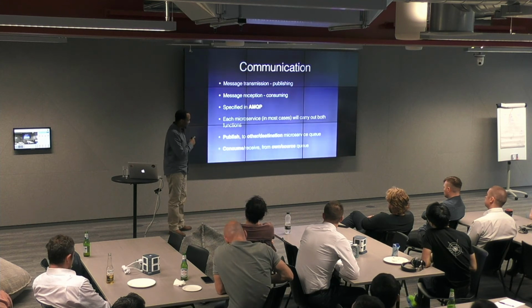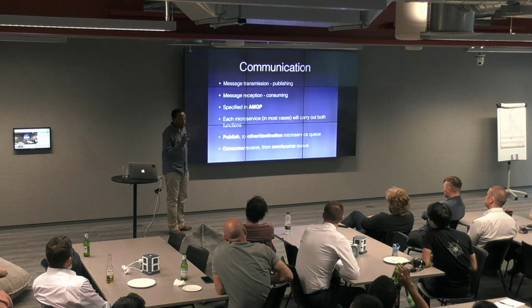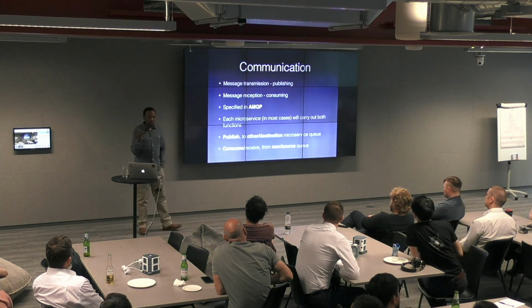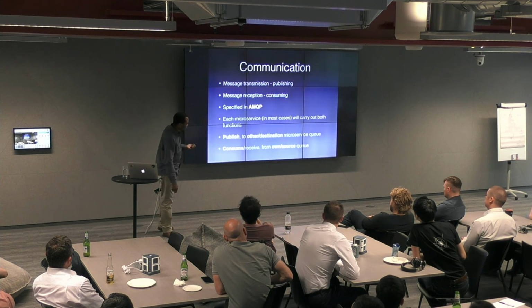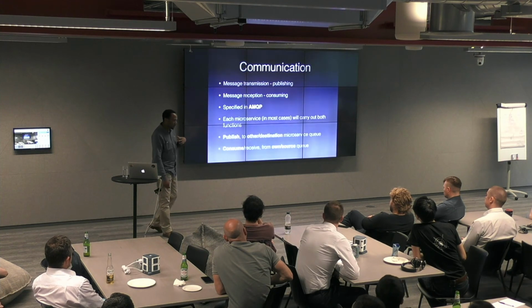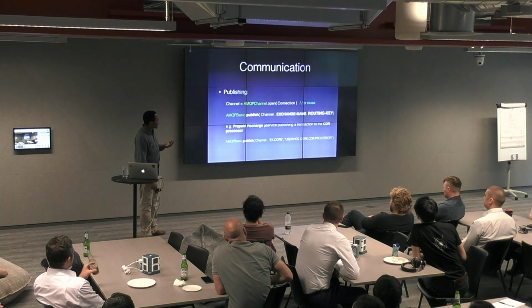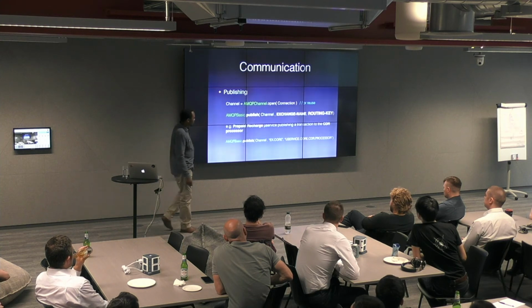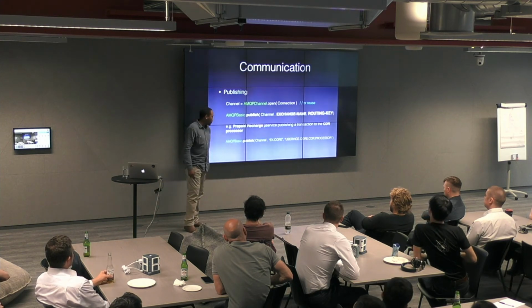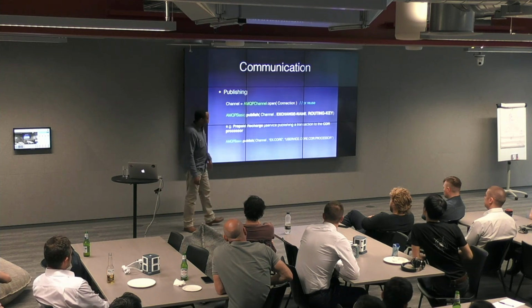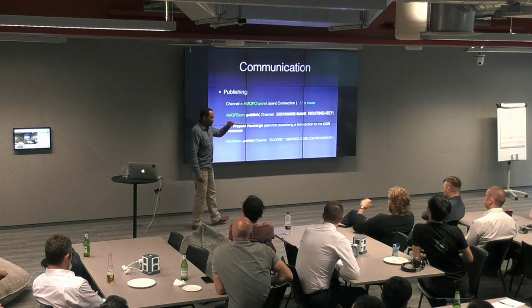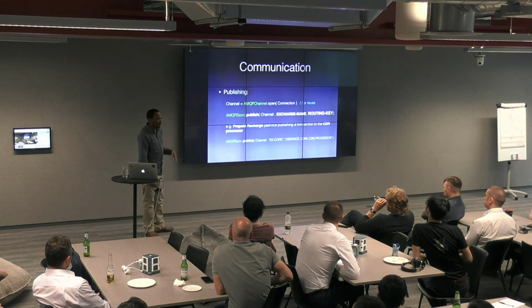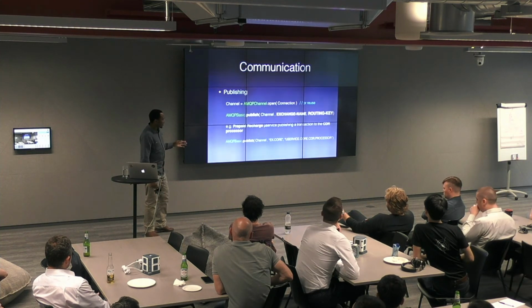And in most cases, your microservice would carry out both. So basically, when you build your microservice, you would add functionality to do both publish and consume from its own queue, right? So publish to other queues, microservices, and consume from your own queue, right, to receive messages. And publishing is basically a matter of just doing a simple call, AMQP basic publish, and you specify the exchange and the routing key, right? And we did say the routing key basically maps directly to the queue. So that's message transmission, right?